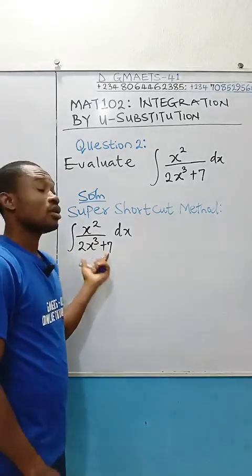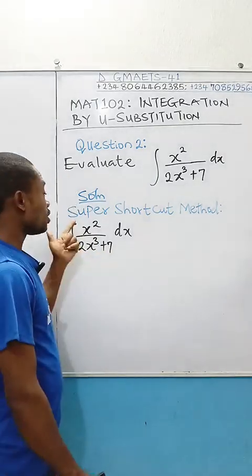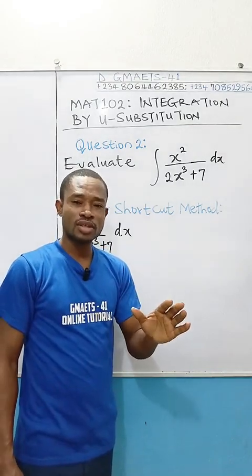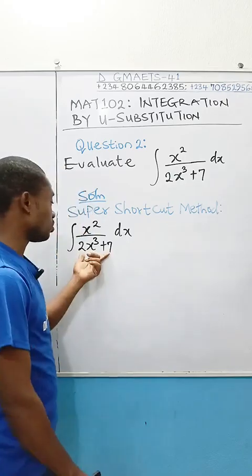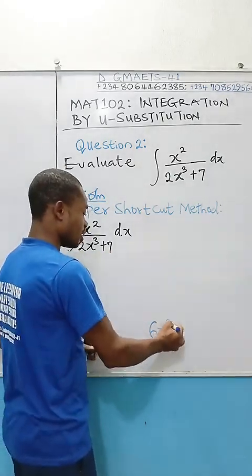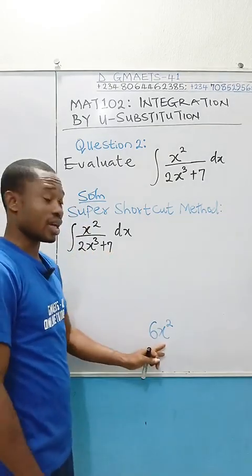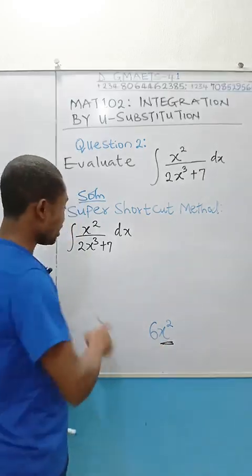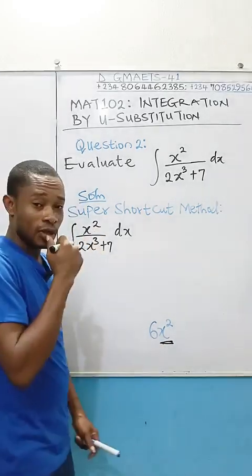You are given this. What do? Observe that the numerator and denominator, they belong to the same class of function. They are both polynomials. Therefore, quickly differentiate the denominator and see what you're going to get. We've talked about that again and again. If you differentiate the denominator, you will get this. Good enough, you have this x squared in the derivative, and that is exactly what you have in the numerator,